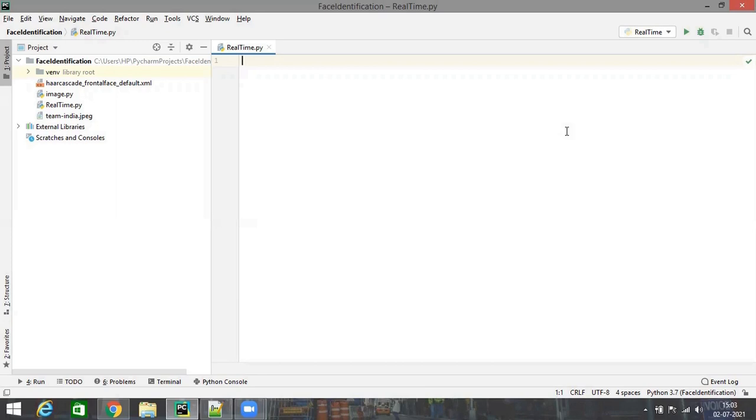Let's try to understand how object detection actually works for human beings. First of all, whenever we see some object, we try to record its features in our mind. So let's say we are trying to understand how a dog looks or how a car looks. We'll register certain features regarding that dog or that car in our mind. So whenever we are walking on the street or going somewhere, and we look at multiple objects, we are able to classify whether that particular object is a dog or a car based on our previous knowledge, based on the records that are available inside our mind, based on the features that we have recorded previously.